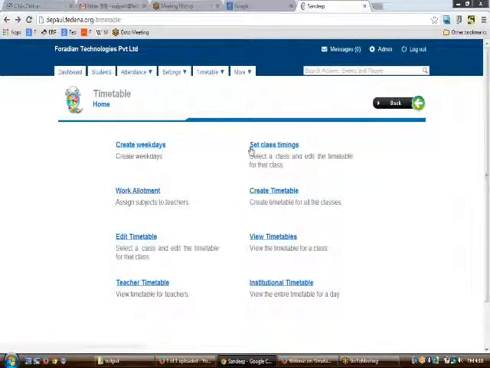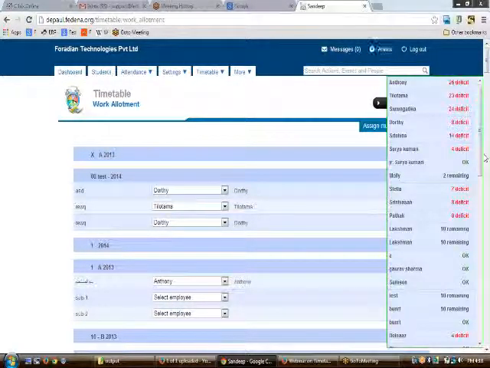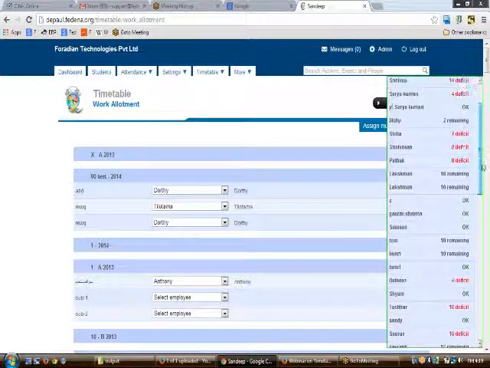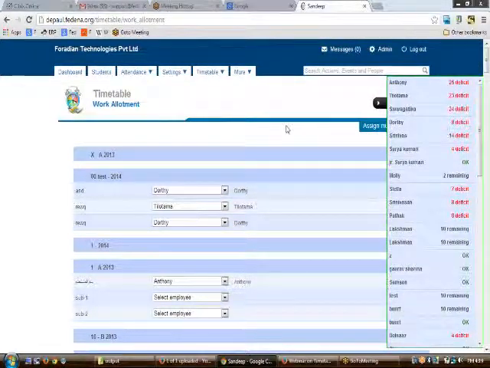Now we will be going to the work allotment section of the timetable homepage. In the work allotment section, you will be asked to assign a teacher to a particular batch. Moreover, while admitting the teachers, we set a limited number of classes that the person will be able to teach for a week.